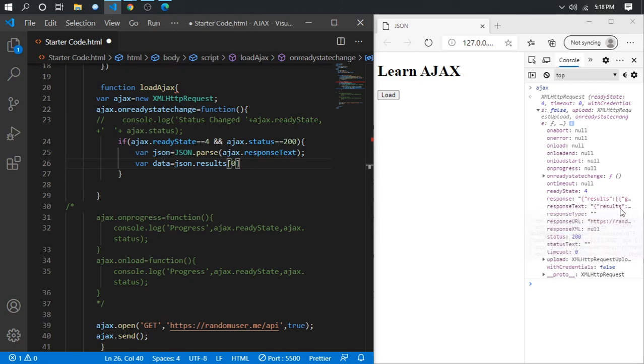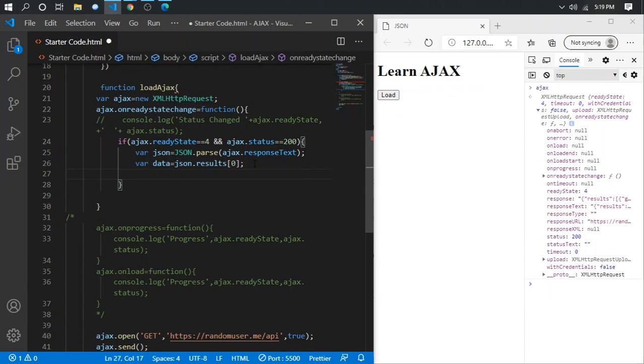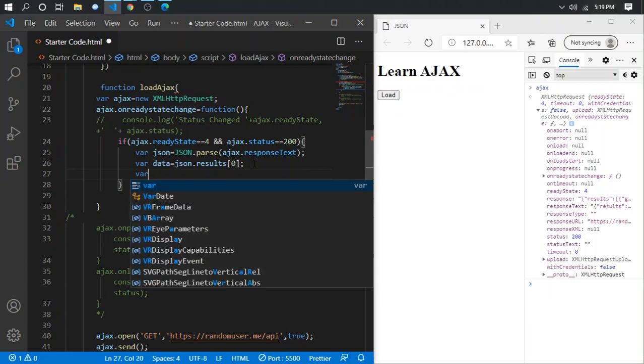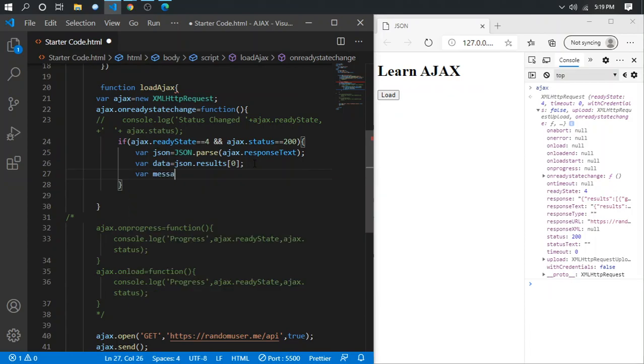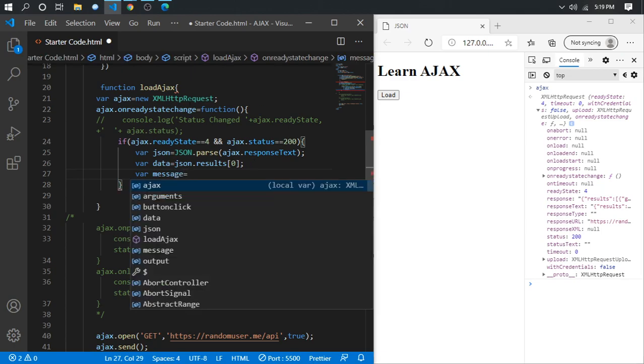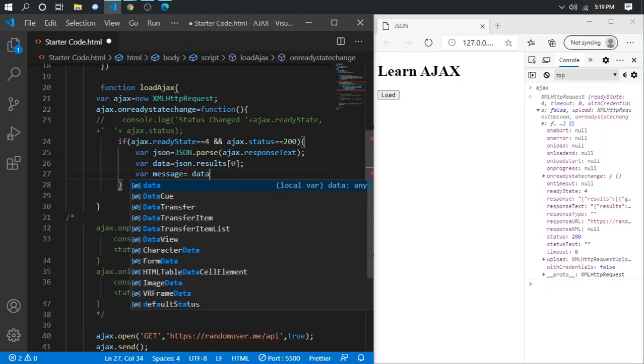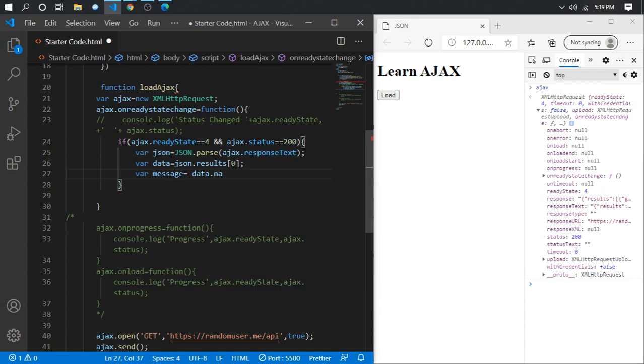This is the results, and it was basically an array. If we just break it down, it was an array of length 1, so we have to call the first element. So results. So now let's make a message so that we can output it once we click the load button. So let's say it is data dot name